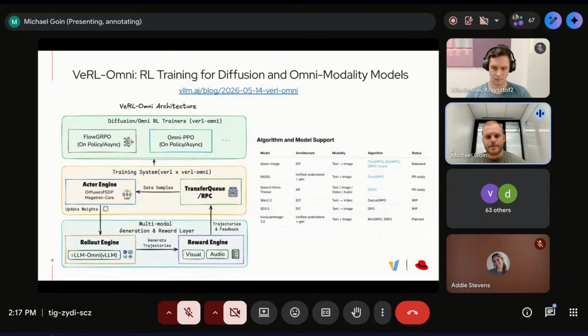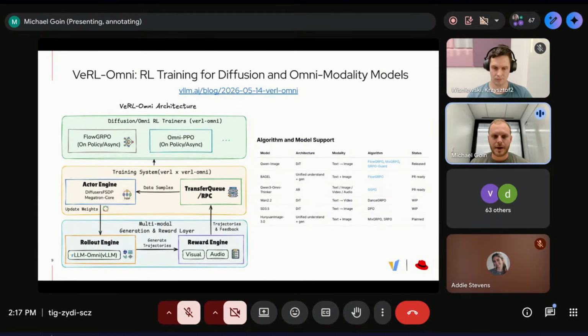And next, I mentioned vLLM Omni before, which is an omni-modality extension of vLLM, ultimately focused on multimodal output models as well as multimodal input, which vLLM supports natively. There was a great announcement in combination with vRL, which is a very popular reinforcement learning library that uses vLLM.